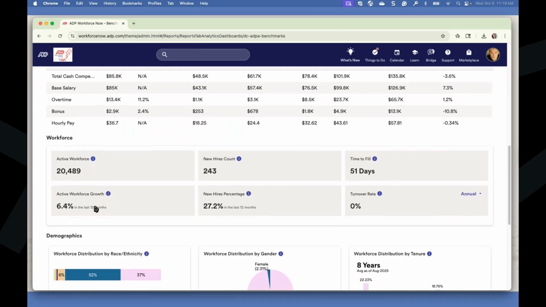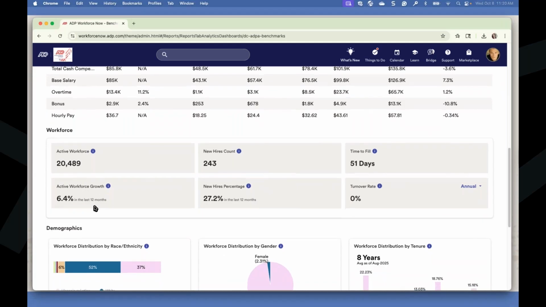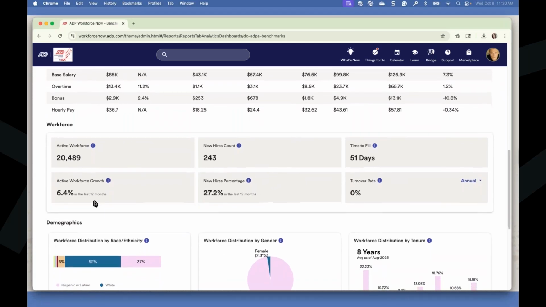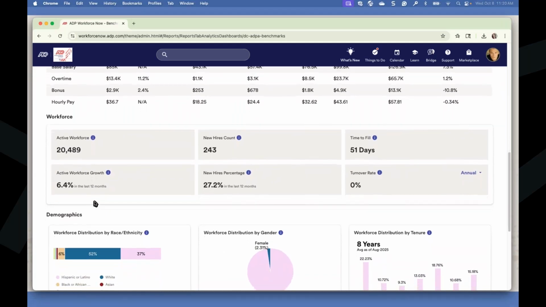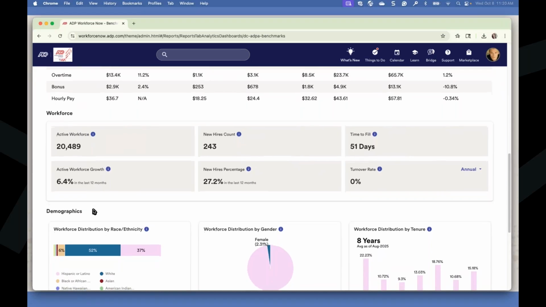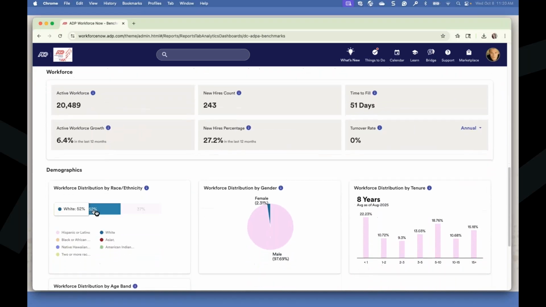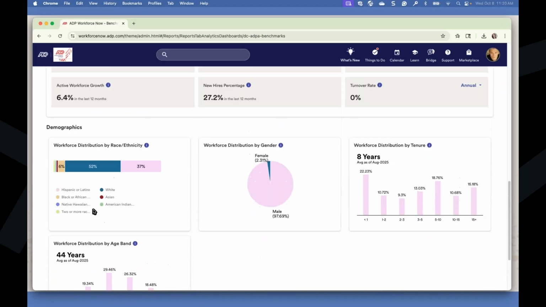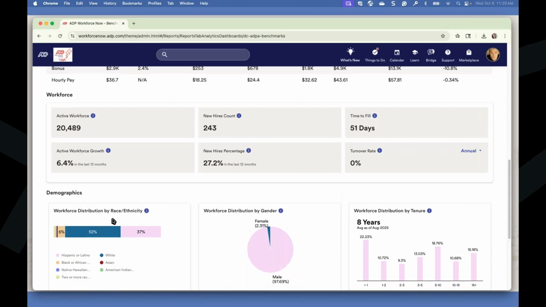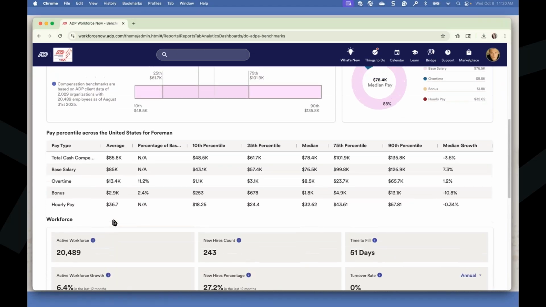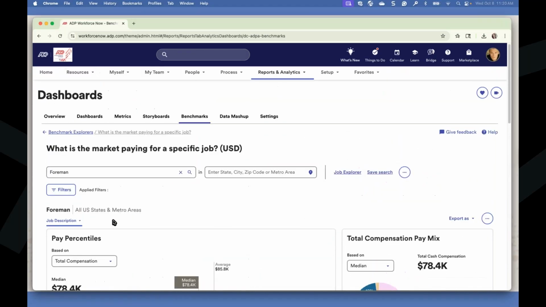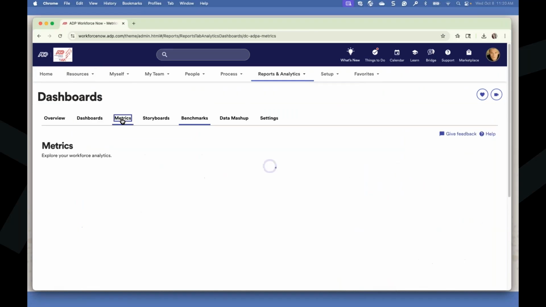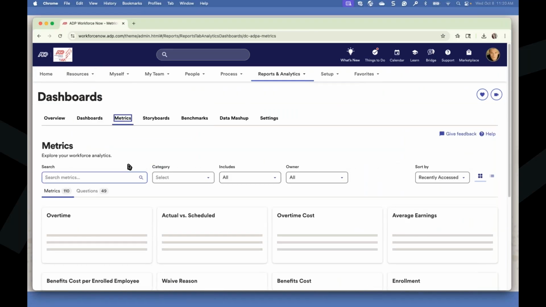What does the growth look like in that area? Is it an up and coming area that you want to invest into? So a lot of great information as you are trying to understand whether or not you want to take that leap and go into that new area and if it makes financial sense for your organization. Then down here is just some additional demographic information as well as some age bands. So again, a lot of great data just from a compensation perspective, not even getting into any of those other benchmarks. And then as I mentioned, it also incorporates your own personal data as an organization.